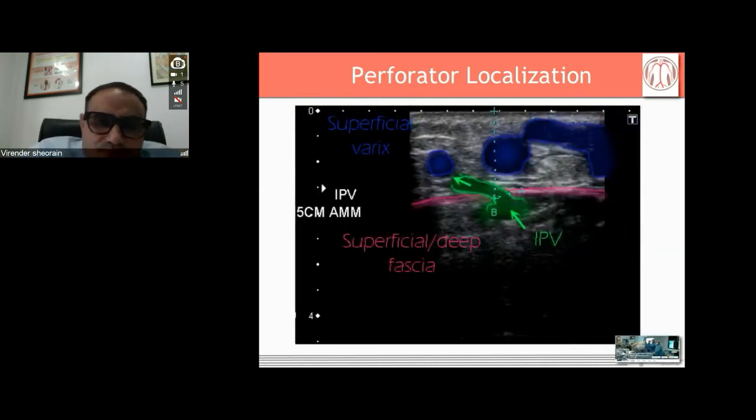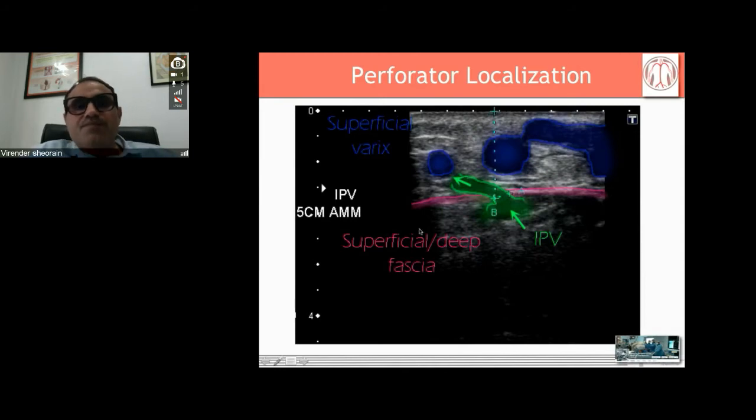So let's talk about perforators. This is something which will keep on annoying the patient, the clinician, or the treating physician, as well as the one who is diagnosing it. Because even after a patient undergoes a good endovenous thermal or non-thermal ablation for the truncal vein, or maybe a conventional surgery, and the patient comes with a recurrence of the ulcer, the culprit is not the truncal vein but the perforators. Until these perforators are tackled properly, the patient will never get benefit of the treatment.